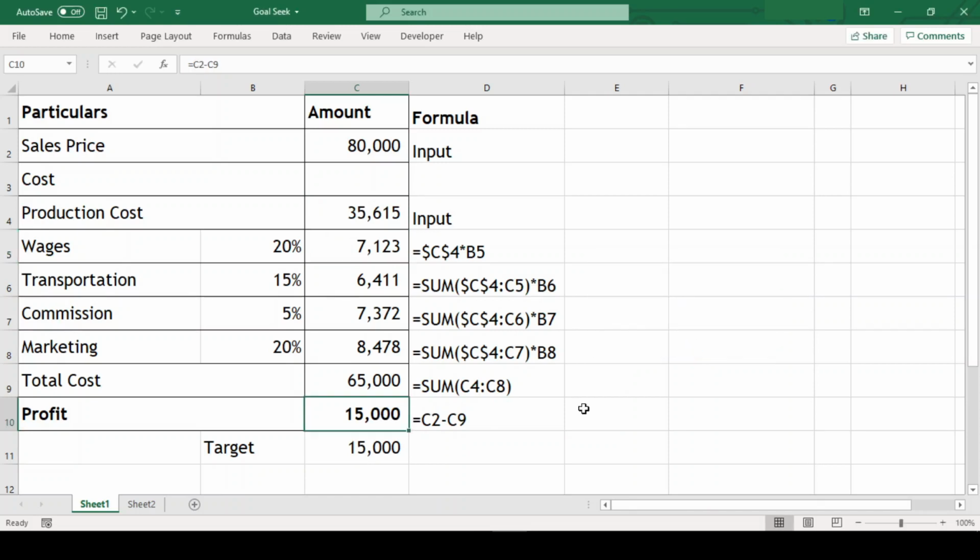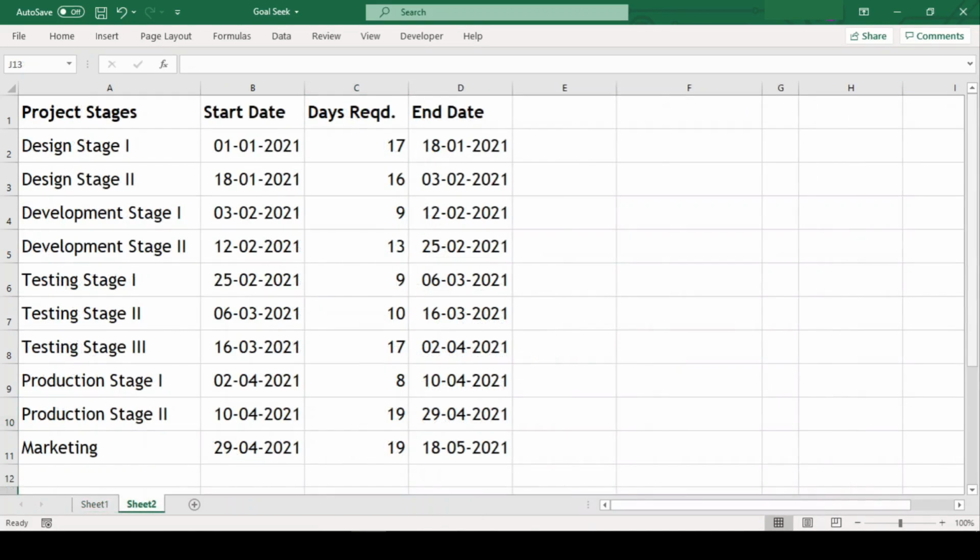This not only works on numbers, but it also works on dates. Let's see another example here where we have a project plan and each stage has a start date and number of days for completion and completion date. And the next start date is same as previous stage's completion date. So the plan is calculated in this manner. So if we start our project on 1st of January, then it will get completed on 18th May.